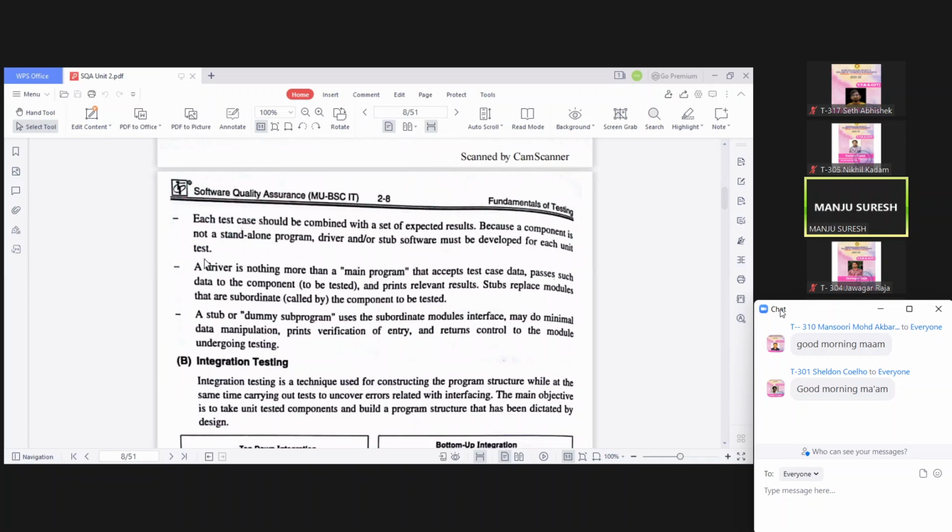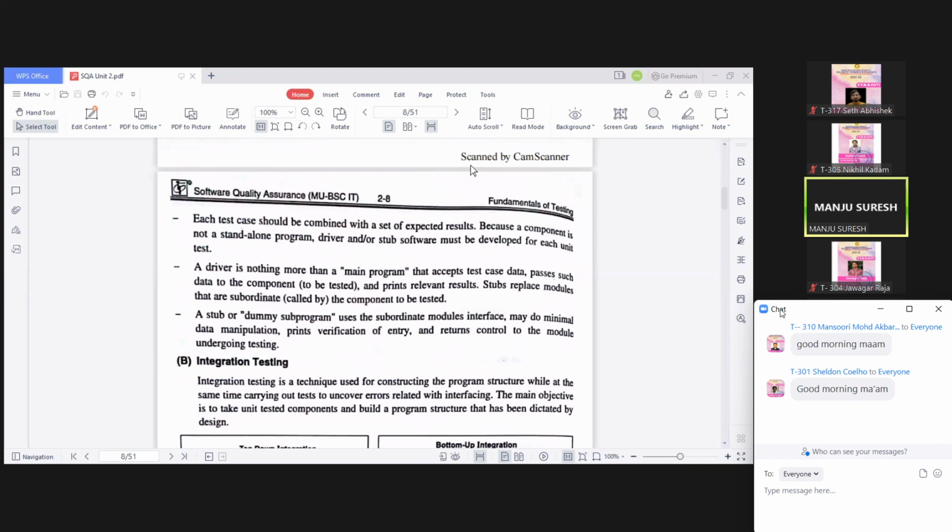That is called stubs and drivers. But what are drivers? Those are nothing more than a main program, and stubs are the lower level components, or the lower level modules. The main program or the drivers are called the calling function or calling modules, and the stubs are called the called modules.